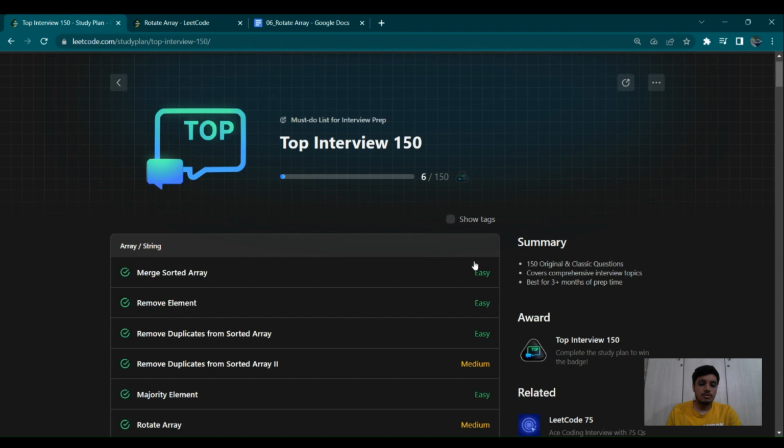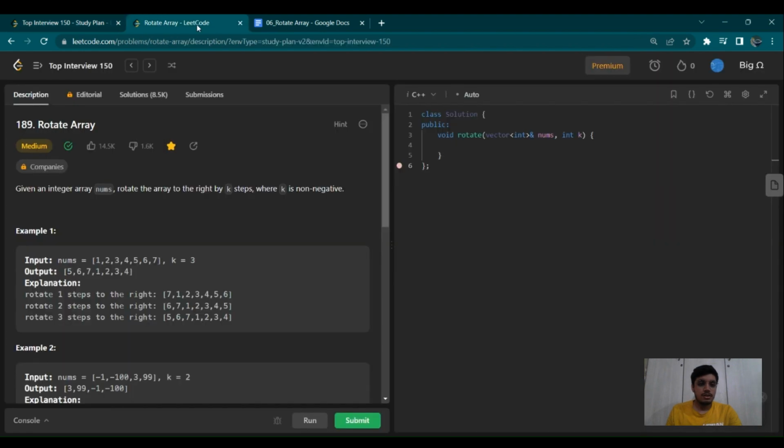Now, the question for today is Rotate Array. The question states that given an integer array nums, rotate the array to the right by k steps, where k is non-negative. So we are given an integer array nums, and here you can see an example: 1, 2, 3, 4, 5, 6, 7. What we have to do is shift it to the right side in k steps,